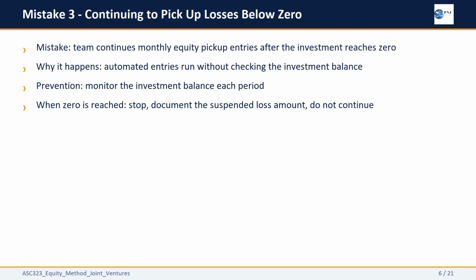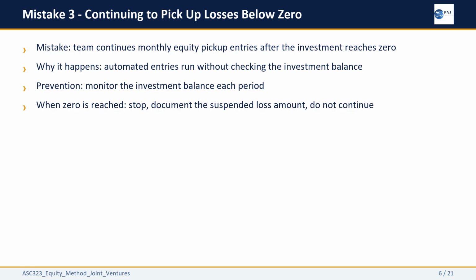Instead, you document the suspended loss amount. If the investor has guaranteed the investee debts or committed additional funding, that changes the analysis, but absent those commitments, zero is the floor. Automated journal entries are a common culprit here because they keep running unless someone actively monitors